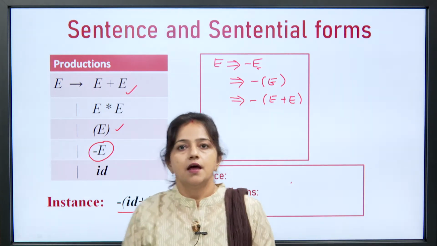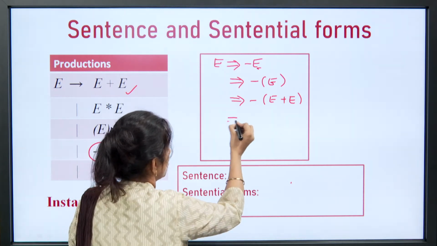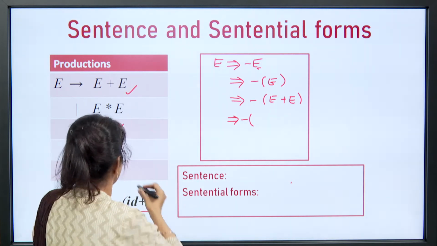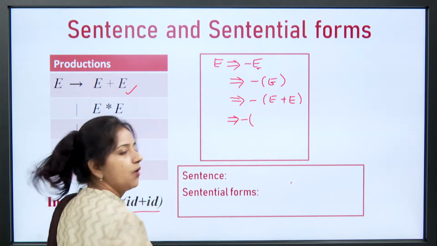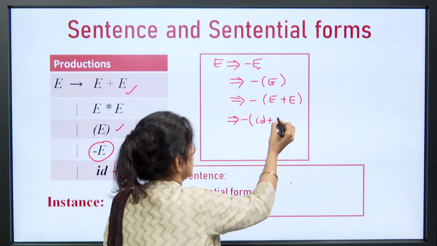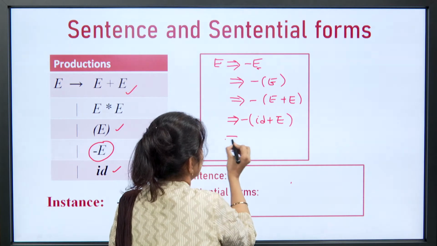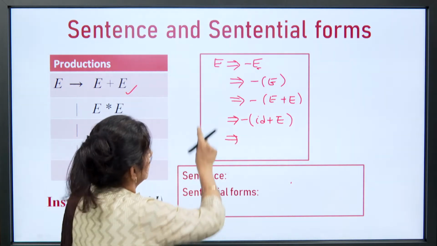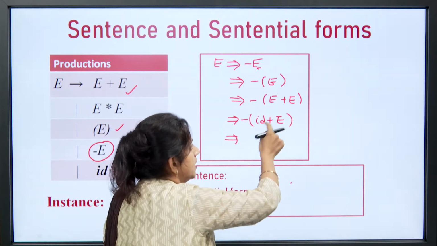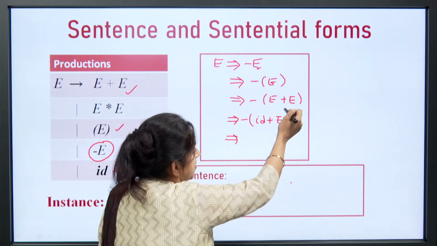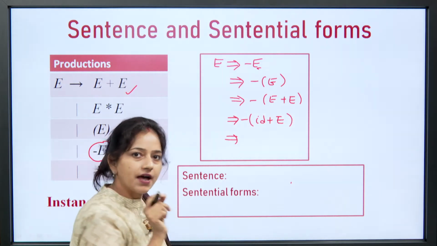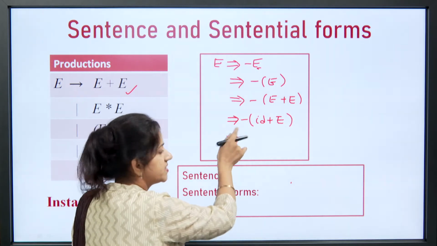Now, next we have this form. Again here we have this E. This E should be replaced with id using the production E to id. So, here we will write id plus E. Always remember, this is the derive sign that shows this derives this in one step. So, in every step we will do only one substitution. Here we will not replace this E with id. Only one substitution will take place in one step, because here we have derives in one step.